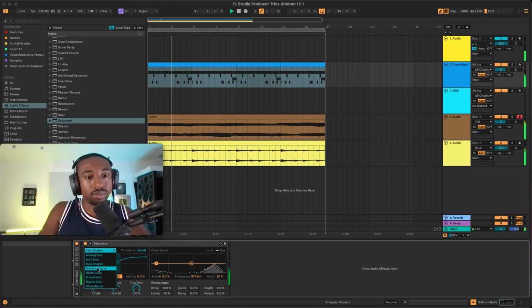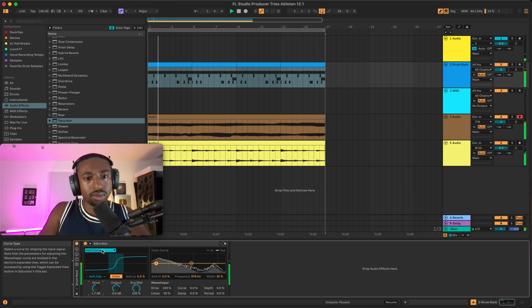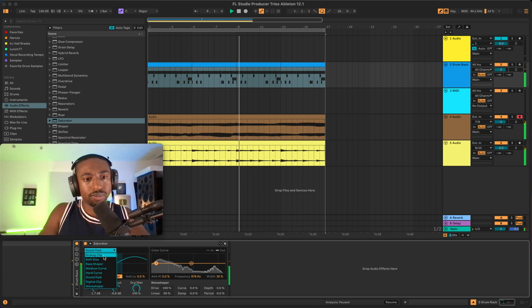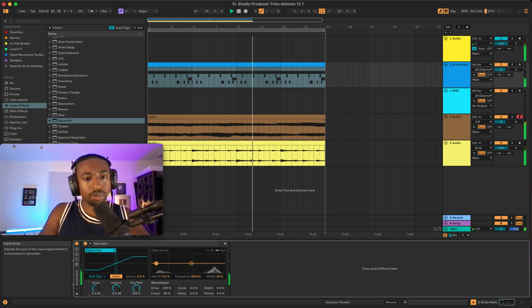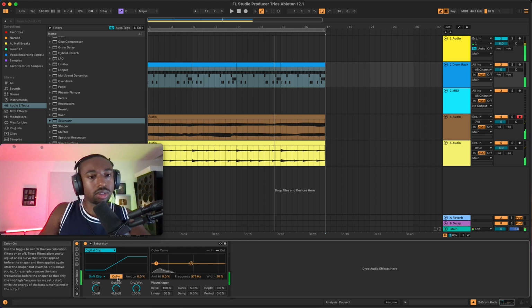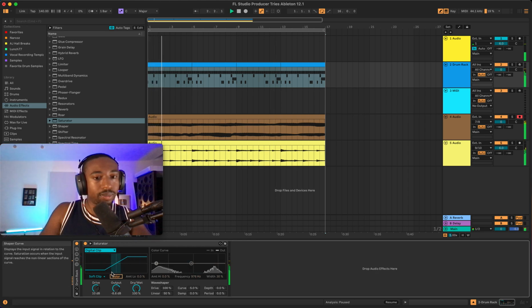Let's try a different one. That one's super aggressive on the mids. Let me turn this drive down. So Seinfeld sounds a little fake. Doesn't really do much, at least the way I'm using it. All right, so this color knob is optional. I didn't realize that's optional. We can turn that off.